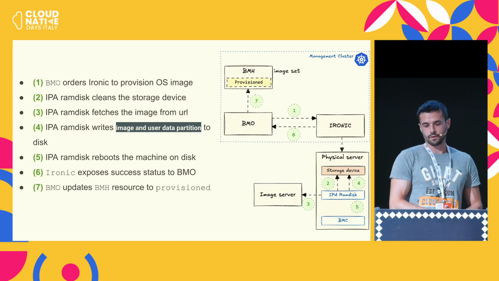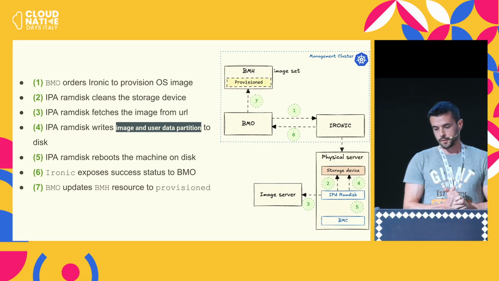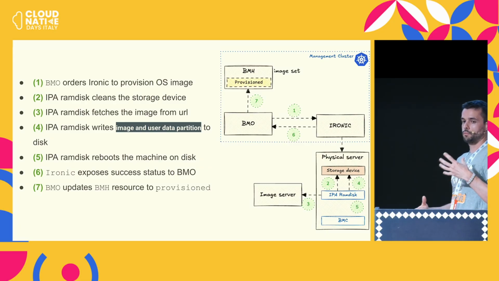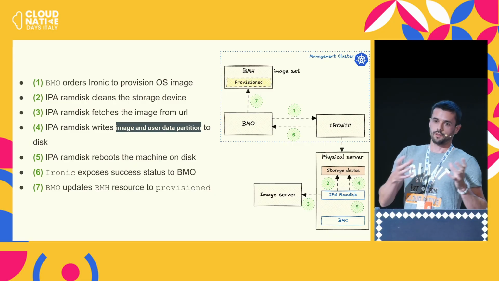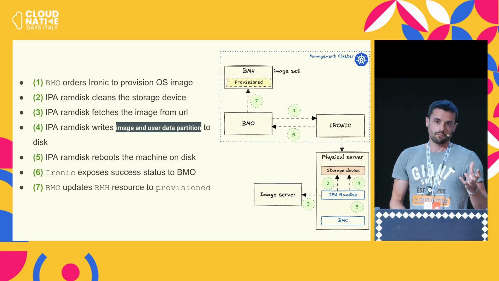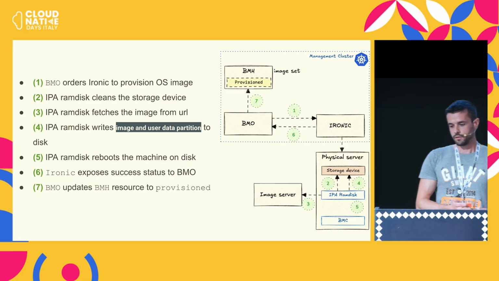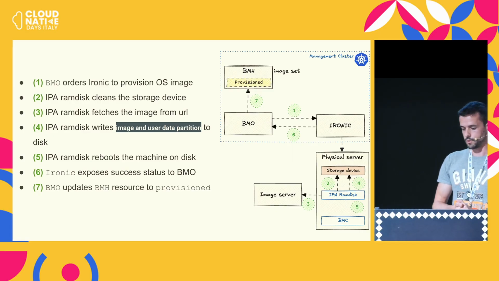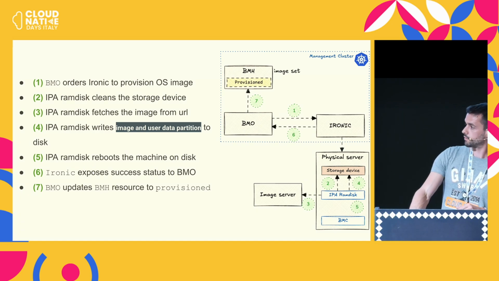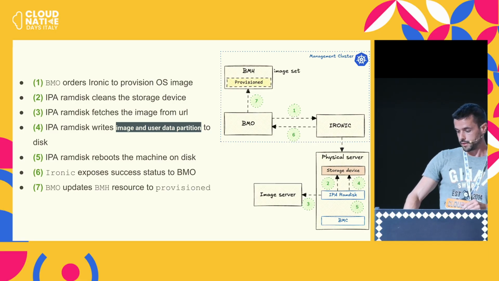So this is what the workflow looks like. The IPA RAM disk is going to grab the OS image from the web server and write it to disk. So it's not booting on the OS image. It's the IPA RAM disk that grabs it over HTTP and then writes it to disk. And when it restarts, it will pick up the data from this tiny partition that I mentioned, the config drive, and initialize the server. Once it's done, we switch to the provisioned state, meaning our bare metal host is provisioned and running the OS image, which was the whole purpose of its life.